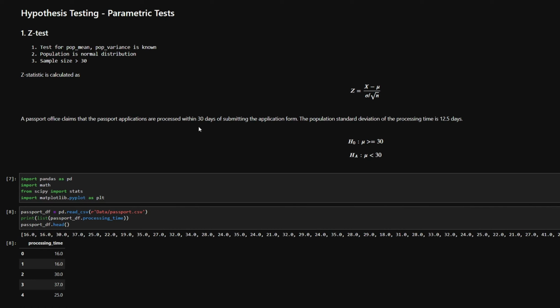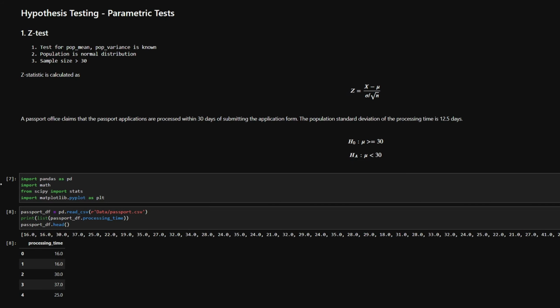Now, the key thing to note here is how do we define the null hypothesis and the alternate hypothesis. If you have seen my previous video, then there I have put up a nice notion on how you can identify what to choose as null hypothesis and what to choose as alternative hypothesis. So since here we see the word claim, that means it is going to go as an alternate hypothesis. Whenever you see words like claim, it's going to go into alternative hypothesis. If you see a word like belief, then that is going into the null hypothesis. So the claim is that the processing is done within 30 days. Therefore, the alternate hypothesis is mu is less than 30, and the null hypothesis would be exactly the opposite of the alternate hypothesis that we have defined.